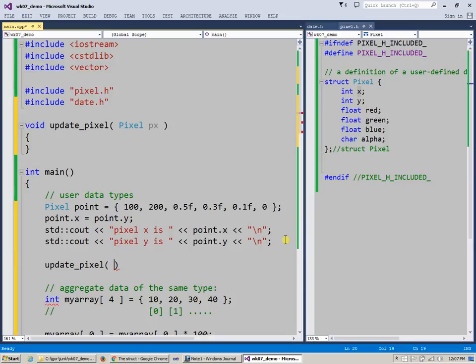If I was to call it with the point and pass the point to it, then what would happen is that the copy of this pixel in memory would already be updated on this line, but that doesn't matter. This gives you what's inside my pixel, all of these values of different data types. But its copy, its physical copy, would be manufactured before the update pixel is called, and